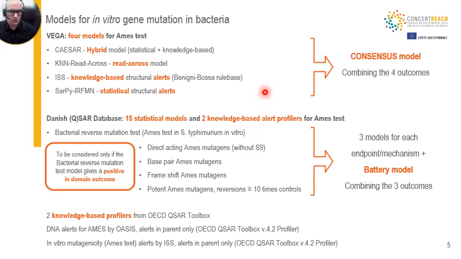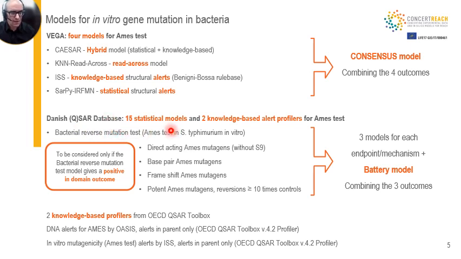Now, a quick overview on all available models for in vitro gene mutation in bacteria in the gateway. So the gateway includes links to 4 VEGA models of different nature. We have a SAR model, which is a hybrid model, which means it includes submodels for statistical evaluation and for knowledge-based evaluation, a read-across automated model, the knowledge-based model we'll use today, and a statistical model based on structural alert called SAR-PI, ERFM. The DanishQSAR database includes 15 statistical models for covering the bacteria reverse mutation, so in vitro gene mutation in bacteria,